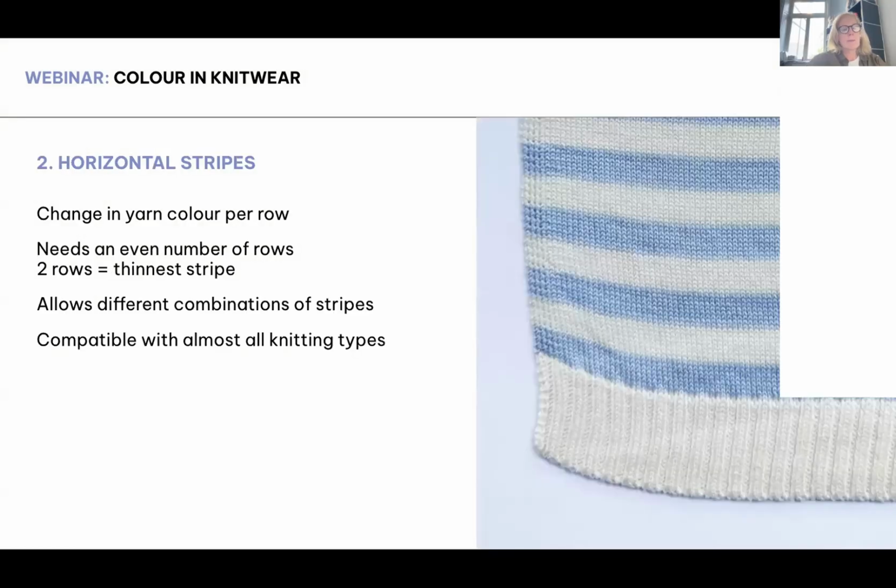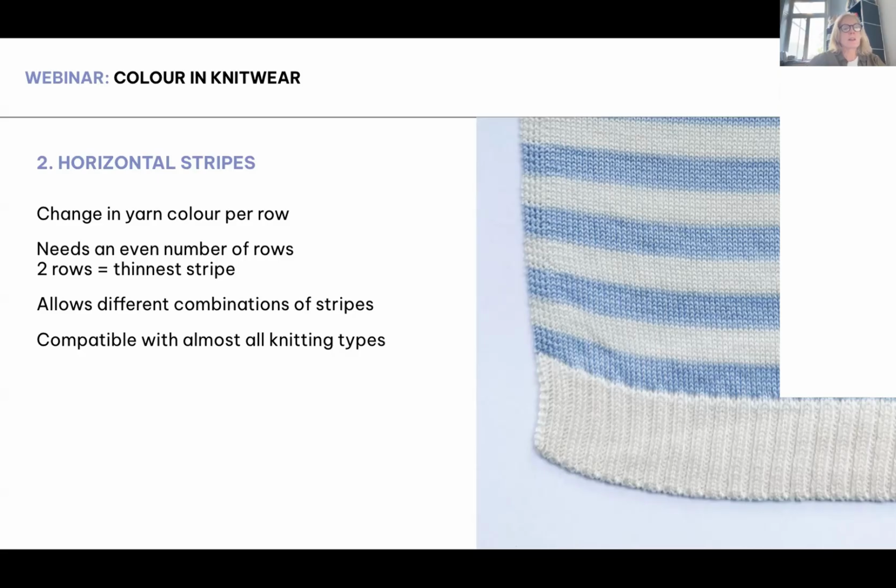And color blocking is the most basic level of stripes. So with stripes, we are one stage ahead. If we want to add stripes in the garment, that's the same as color blocking. You need to wait until your system goes backwards and forwards and backwards. That means one stripe has a minimum of 2 rows, which is the thinnest stripe you can make in your garment. 2 rows of loops,